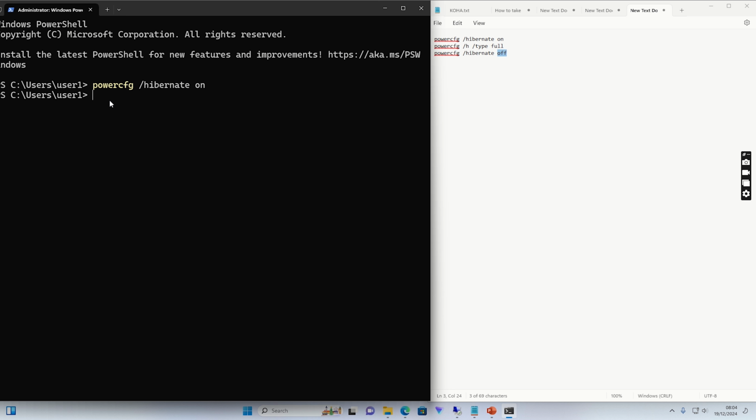Note that this doesn't enable the hibernate option in the Start menu directly. Instead, you then have to follow the steps in the section above to actually enable the option. If you want to disable hibernation mode and remove it from sight,